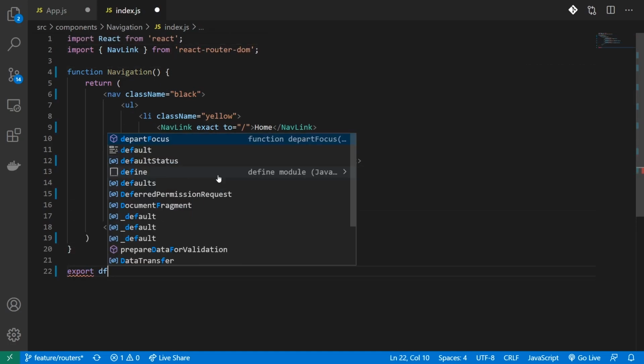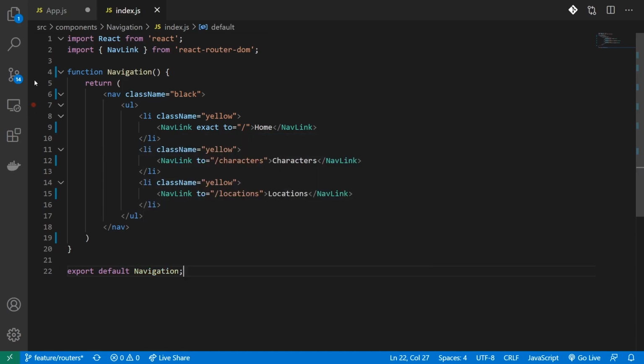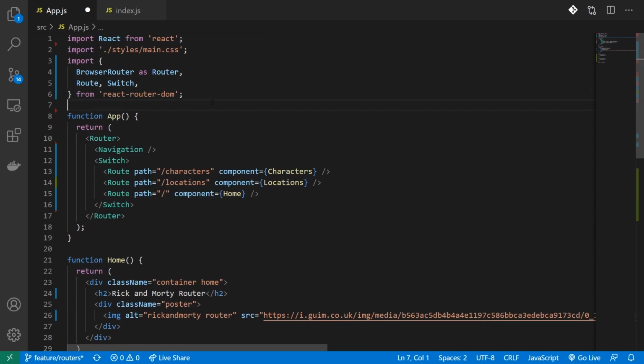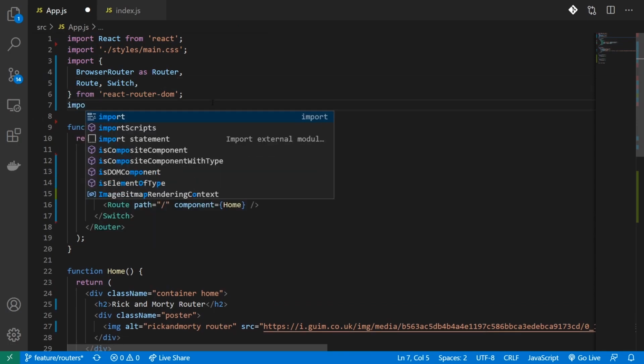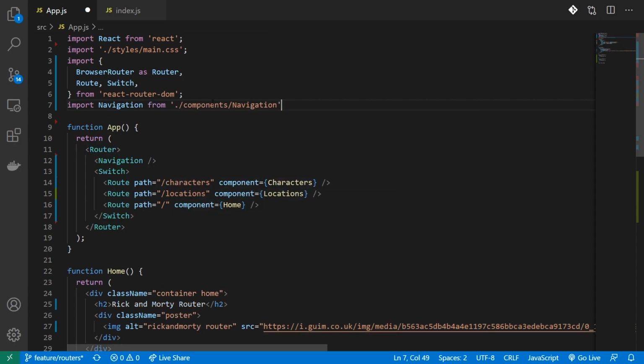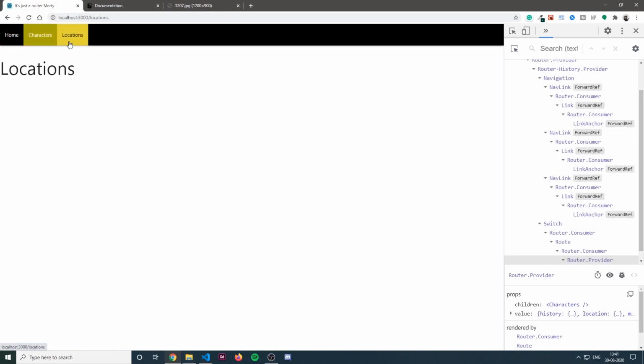Now I'll export this navigation. I'll go back to my app.js and get rid of these links and import my navigation component. You can see this navigation still works.